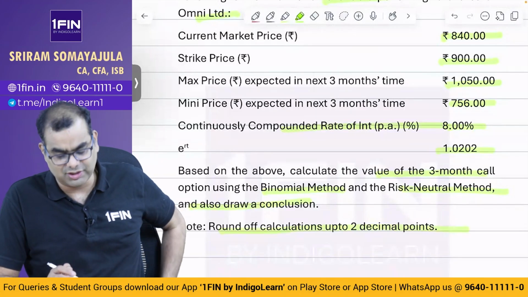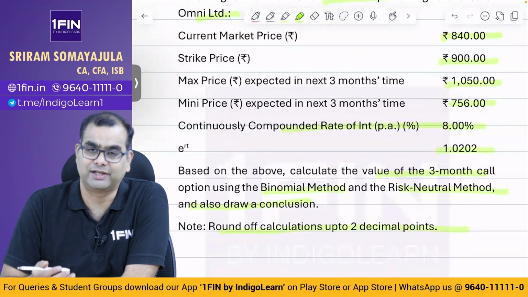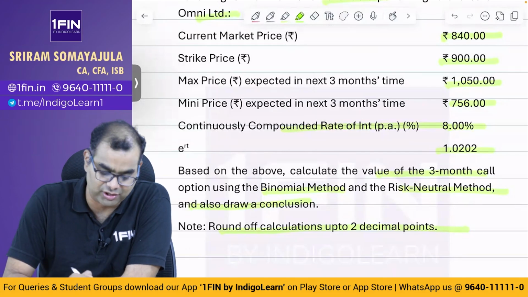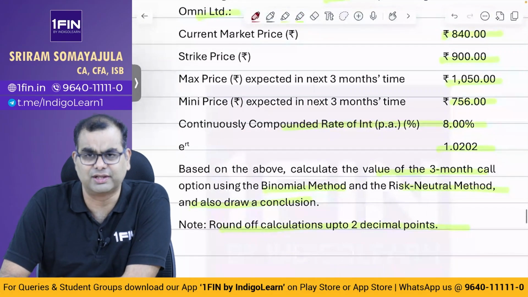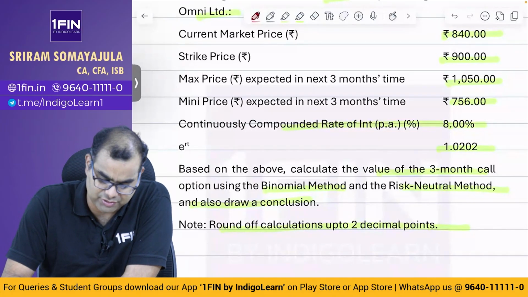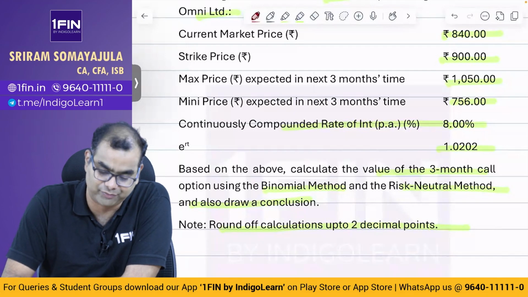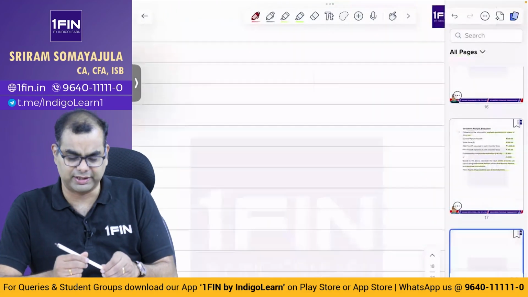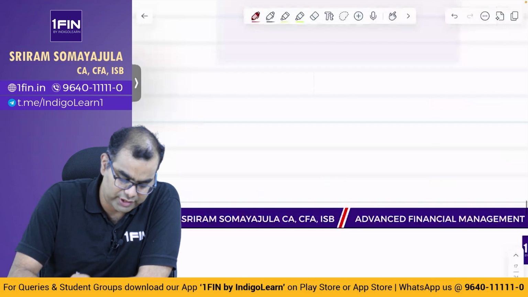Basically, what is the conclusion they want you to draw? Are you going to get the same answer under both? Theoretically, technically, logically, everything, you have to get the same answer. You cannot get a different answer. So now let us go ahead and solve. Very simple question. I think this question came in November 24 or one of those attempts. There was a very similar question where they said solve using both of them independently and show that they both are the same. I think it was May 24. I don't recollect exactly which attempt, November or May. Okay, so let us go ahead and look at this solution.